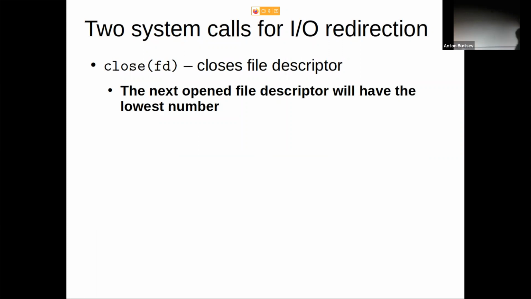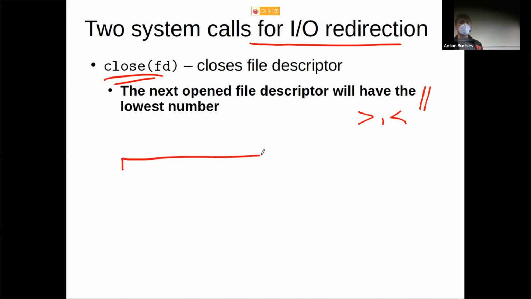And so now, in order to build things, let's first build IO redirection. Remember those symbols. The way we build them is we use the close system call, which takes a file descriptor as an argument and closes it, right? And the operating system provides the following property. That's a convention in Unix as well. You can bypass it with a more explicit mechanism, but the convention is that the next open file descriptor will have the lowest number. Meaning if you have some file descriptor table with 0, 1, 2, 3,